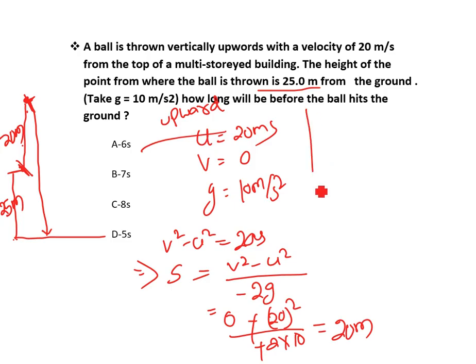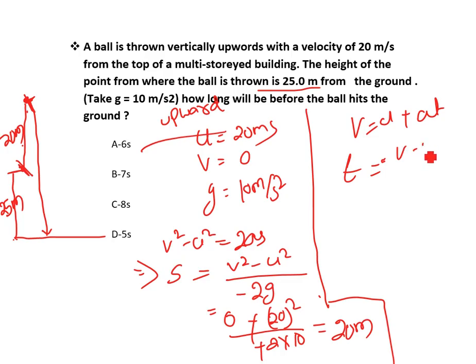So if this height is 20 meter, the time taken to go this height, I can directly use the rule v equal to u plus at. So in the same way, t equal to v minus u divided by minus g. So it is minus 20 by minus 10. So it will become 2 seconds. So the first time t is 2 seconds going upward. So now the total distance will become,